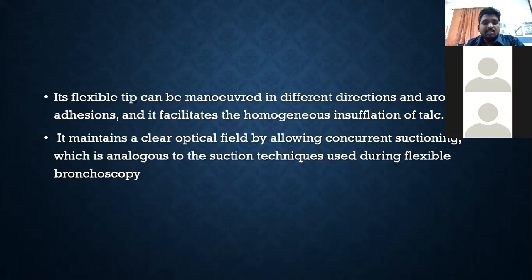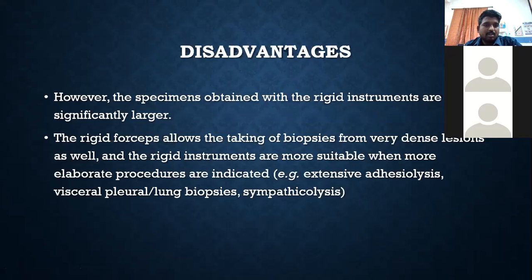Most of the time you see the fogging, and you have to take the camera out and dip it in betadine or some solution, and once again keep it inside. That type of thing is not at all needed in medical thoracoscopy, and it is definitely helpful to keep the live vision. However, the problem even with the semi-rigid thoracoscope is that the specimen is